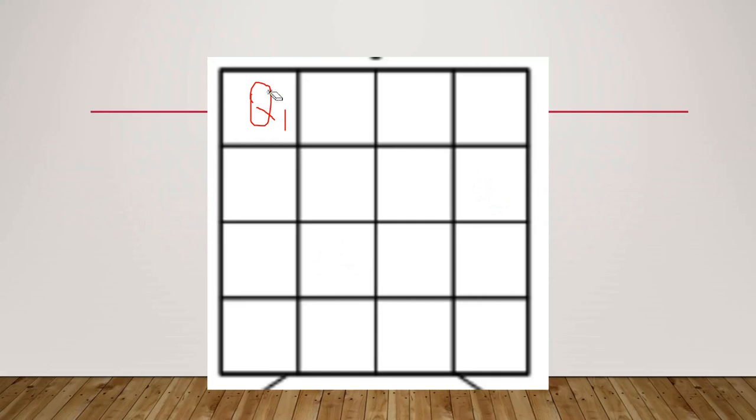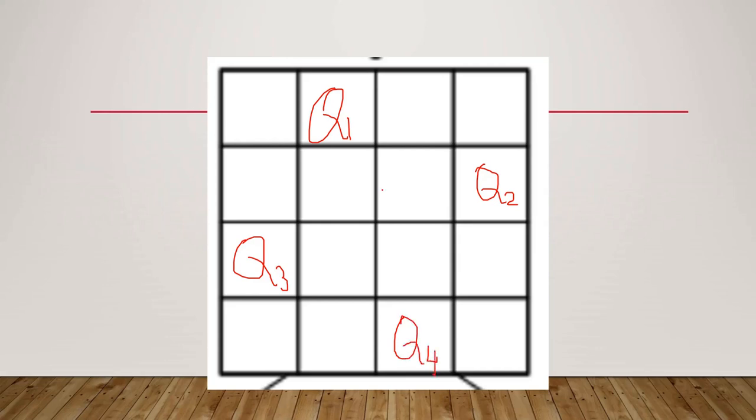So we are again backtracking to Q1 and replacing its position with the second column of the first row. Now Q2 can be placed only in the fourth column, because in the first and third columns it is diagonal to Q1. So it can be placed only in the fourth column of the second row. Now there are two positions where Q3 can be placed: the first or the third column. It cannot be placed in the third column because Q2 is diagonal to it. So we place it in the first column of the third row. Now the only position where Q4 can be placed is the third column of the fourth row. So we have got the solution.